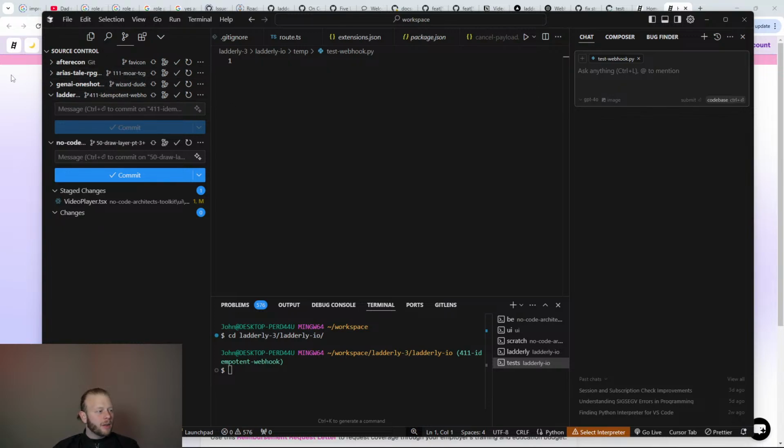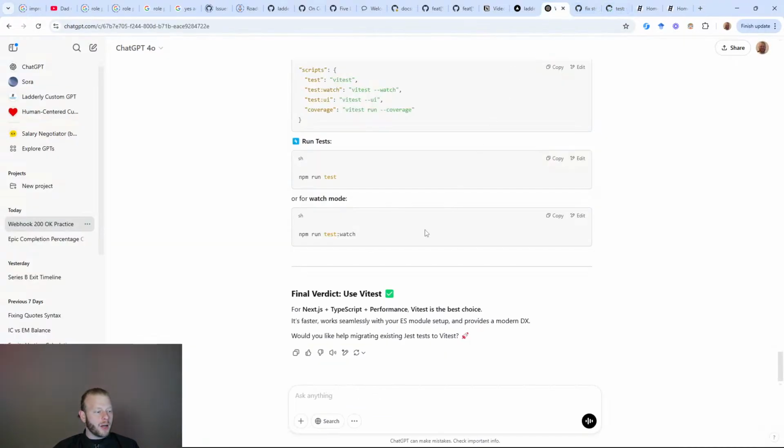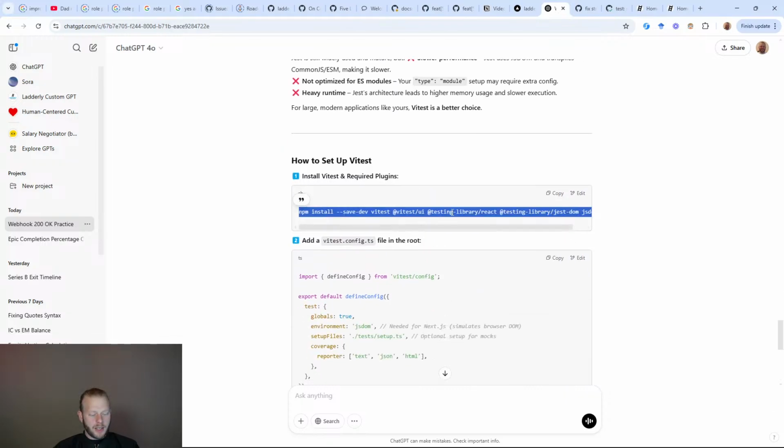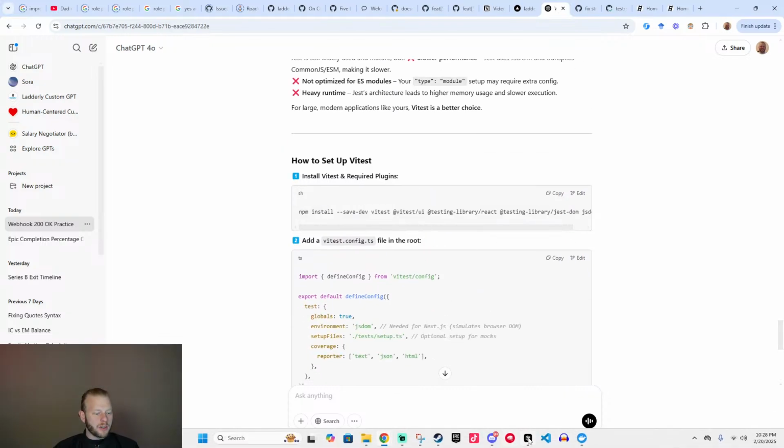In here, I guess I'll refer to this chat, but I'll pretty shortly be closing out this chat. But I can follow the setup instructions here. So let's start with this.